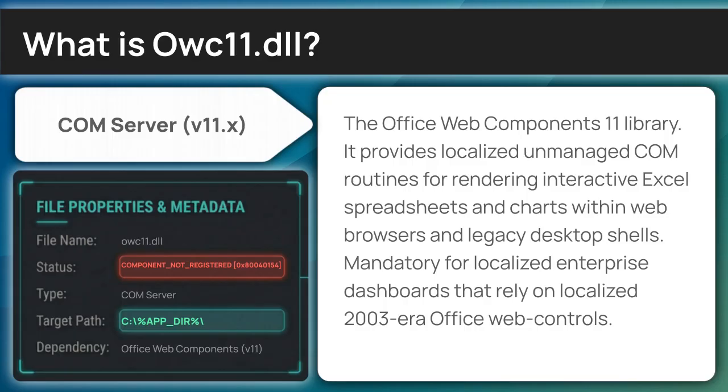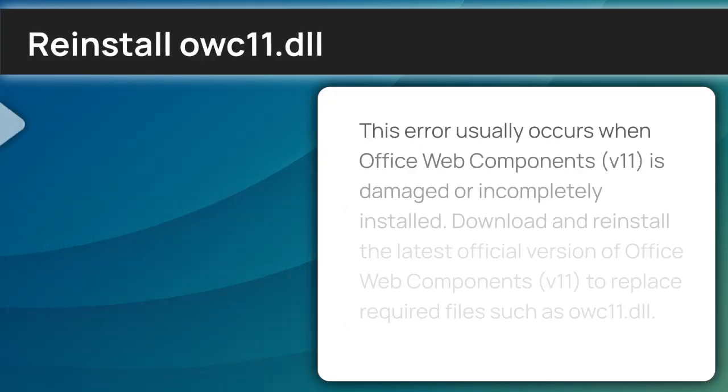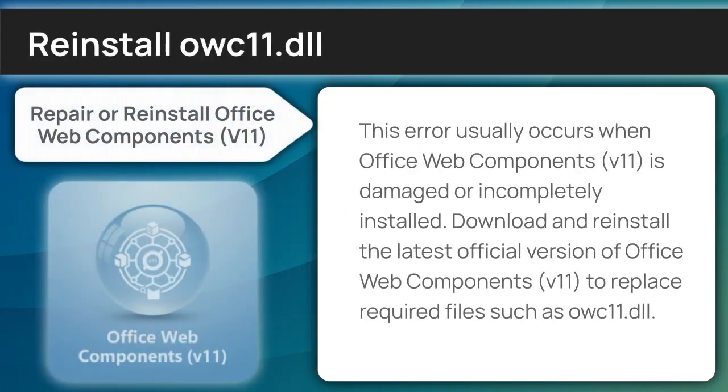Enough of the technical side. Let's get these files back onto your system. This error usually occurs when Office Web Components version 11 is damaged or incompletely installed. Download and reinstall the latest official version of Office Web Components version 11 to replace required files such as owc11